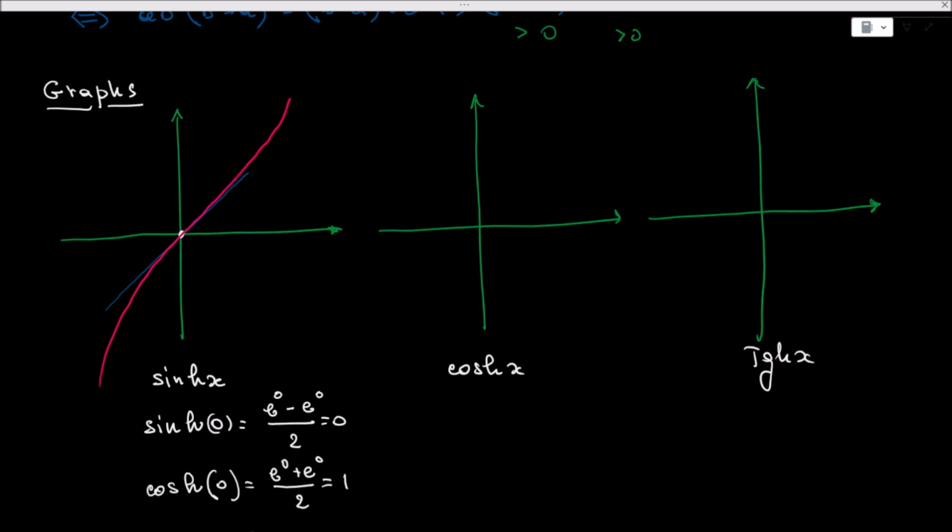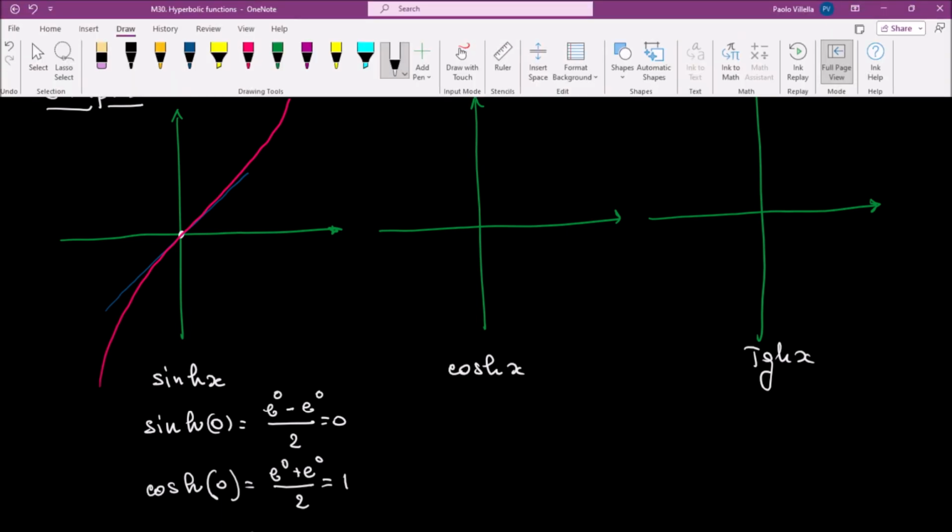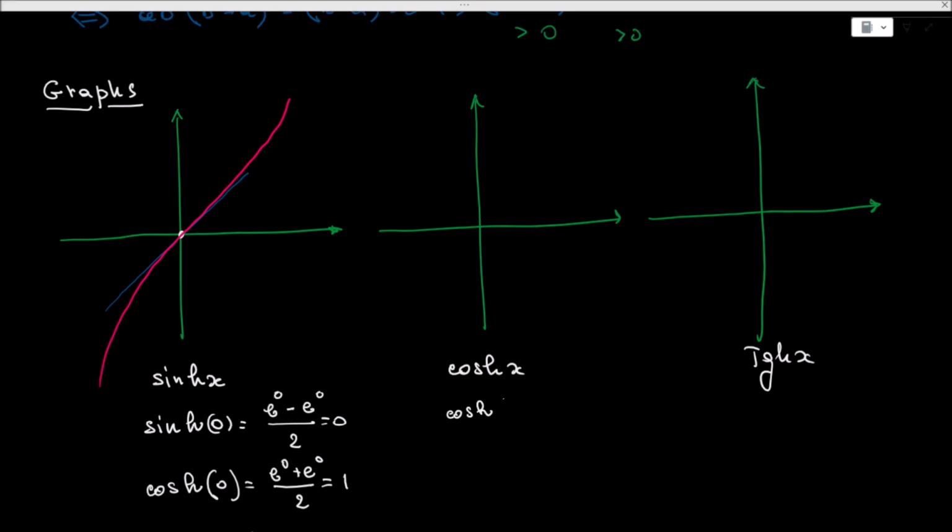Right, so it will go to plus infinity for x that goes to plus infinity. It will go to minus infinity for x that goes to minus infinity. It is always increasing, okay, and has a tangent that is just a bisector in the origin. And similarly, we can attempt the plot of the hyperbolic cosine of x. Now, let me start by finding the hyperbolic cosine of 0. Well, we know that this is 1, okay, so let's say that this is the point 1,